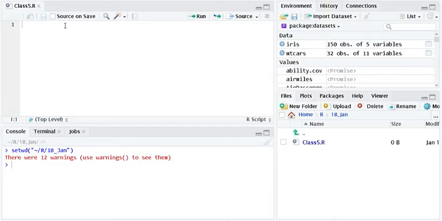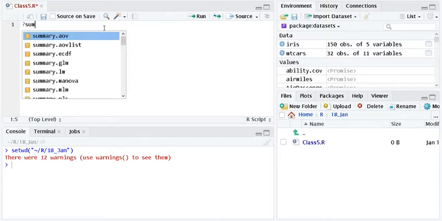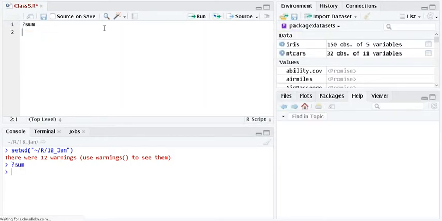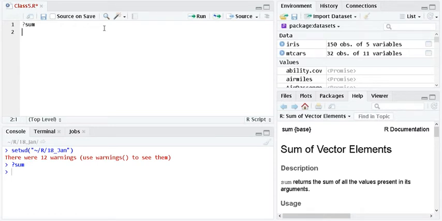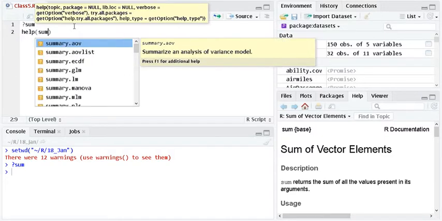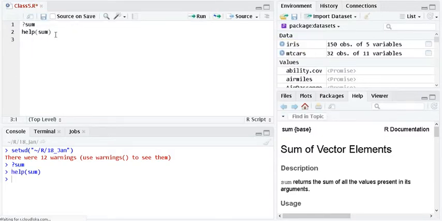If you want to check the help on some particular function, then you do a question mark and then you write the function name. This PPT is a Simplilearn PPT. It is already uploaded on the LMS, and I will show you where you can download it from. So this is how you get help on some function. This you all know at least, right? How to get the help at all. Or you can also use help sum.